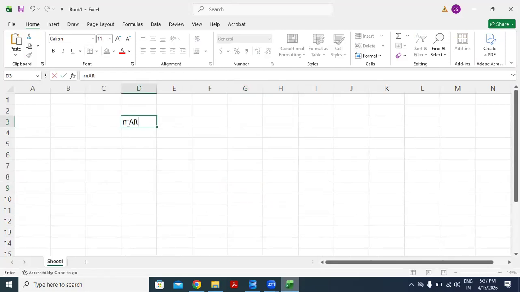Suppose these are, let's take any example. So I'm taking the marks of some students in the descending order so that I can get the ranks.